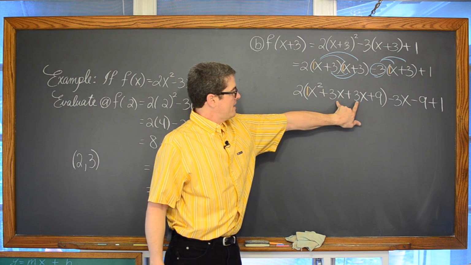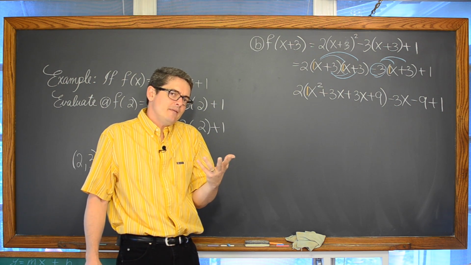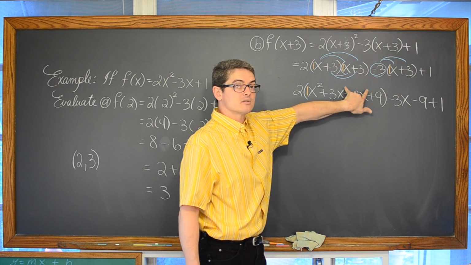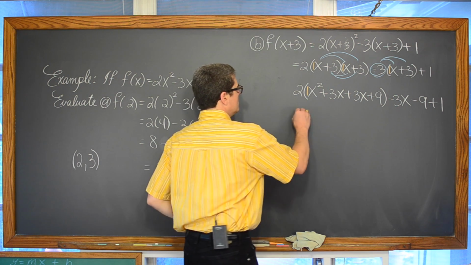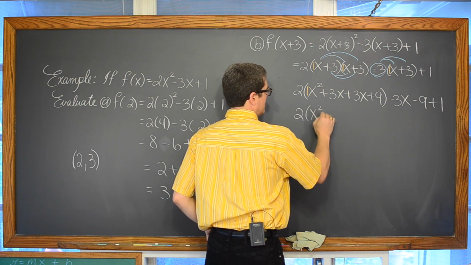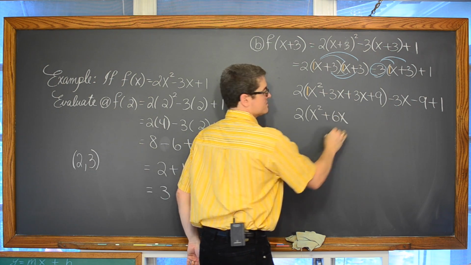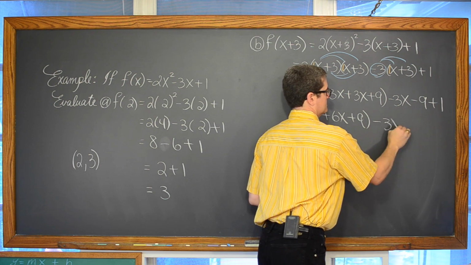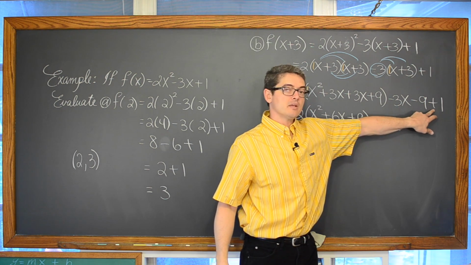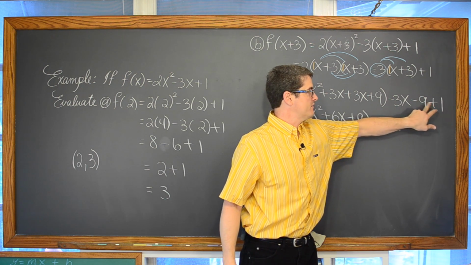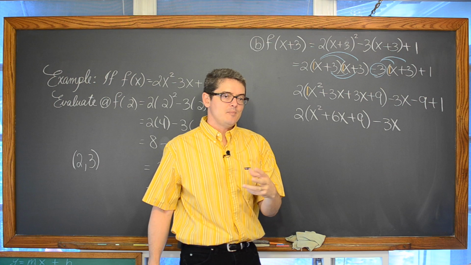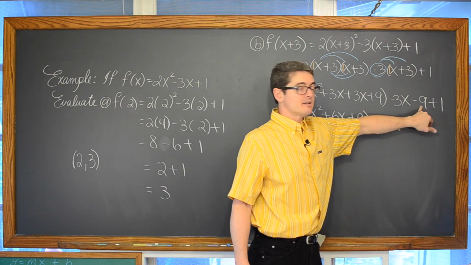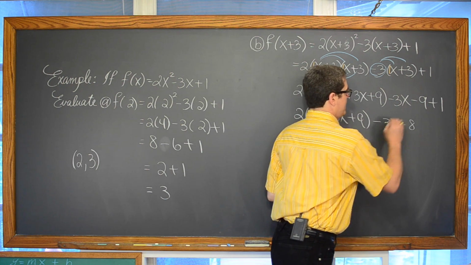And now we're going to add, let's see here, like terms. Terms that have the same variable and the same number of those variables. Well, these two terms both have x's, and they both each have just 1x. So these are like terms. So we have 2 times 1x squared. 3 plus 3 is 6x plus 9. Minus 3x, negative 9 plus 1. We're combining numbers that have different signs, so we're going to subtract those numbers and keep the sign of the largest absolute value. 9's bigger than 1, 9's negative, so the answer is going to be negative. This comes out to be negative 8.